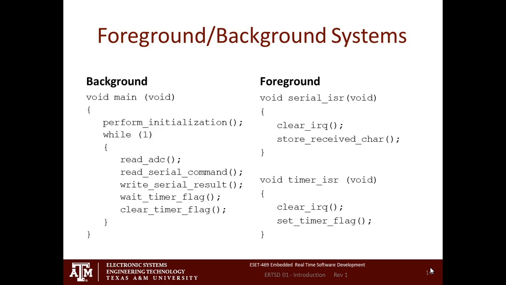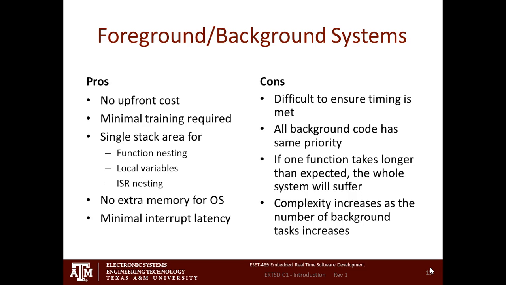So what this code does is that in my while loop, I read the A to D converter. I see if there's something on the serial port. That read serial is going to go look in that buffer that we have, right? I'm going to write the result from the A to D converter, and then I'm going to wait for that timer flag to get set, okay? So that background task is setting that thing, and so it sets it, which means that now it's time to go look for another A to D converter value. So wait for that to happen, and I clear that so that it's not set when I come back around, okay? And I go off and I do it all again. That's a foreground background system, okay?